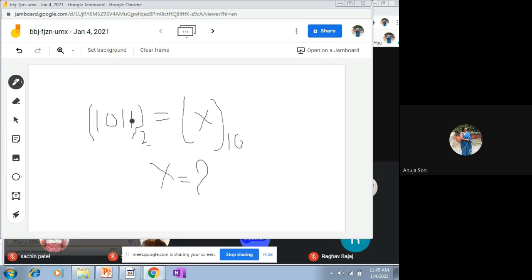So the very first, you have to start from the extreme right. You have to start from the least significant bit. The extreme right bit will be termed as your least significant bit, and you have to term it as a naught. This is only the notation. A1. This will be A2. And this is A3. Fine. And you have to apply the formula.